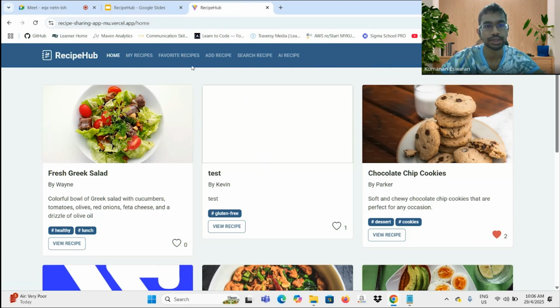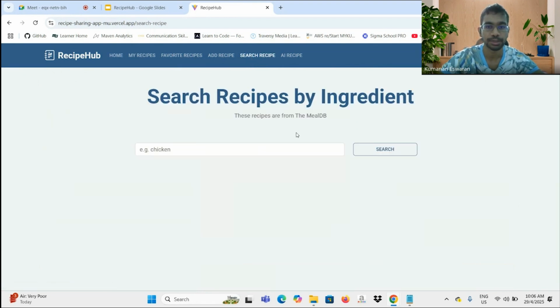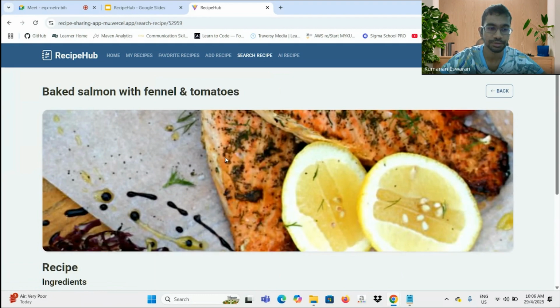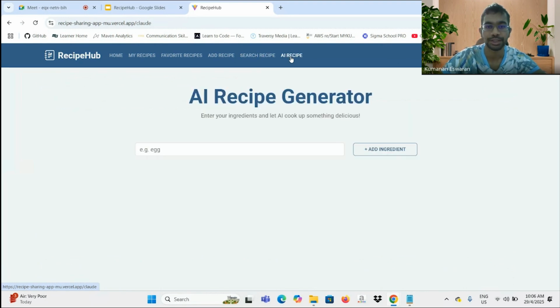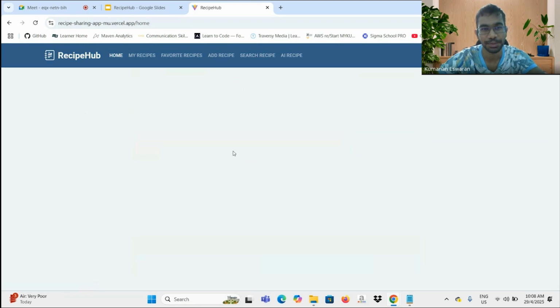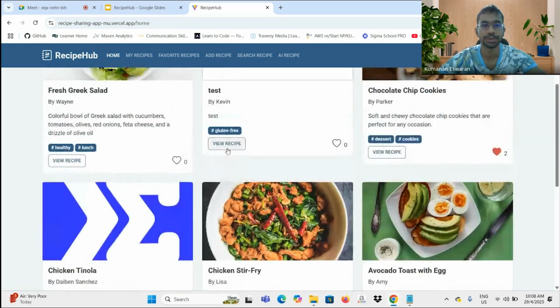Other than viewing other people's recipes, we can also search from an API. This web app connected to an external API called MealDB. For example, if you want to cook something with salmon, we just search from the web API, then we see the recipes to get its ingredients and directions. Other than this, we also have a feature to generate AI recipes. For example, we can add any ingredients we already have. Basically, these are the functions of my website. So if you continue to the slide,